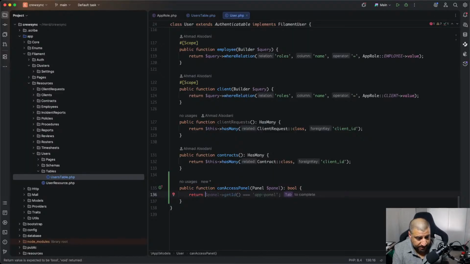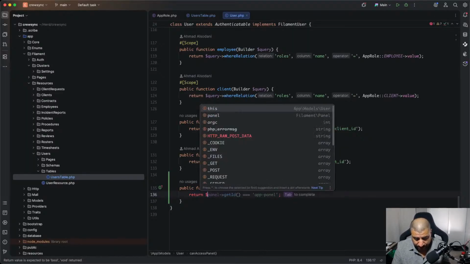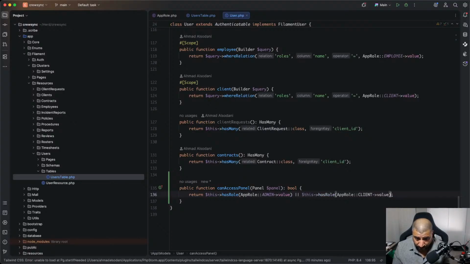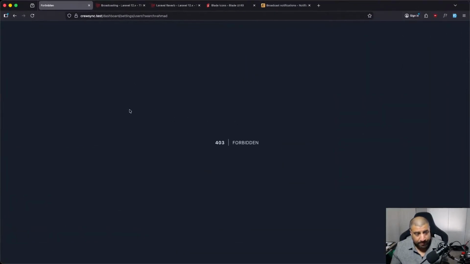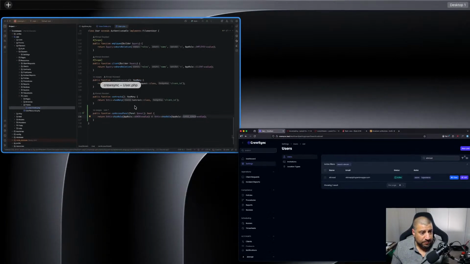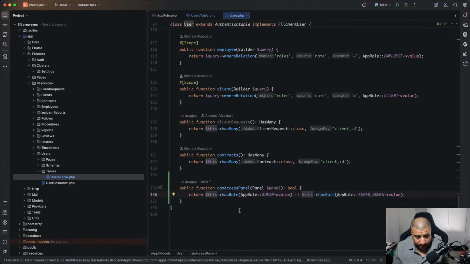And to access the dashboard, we return this has the role of admin or super admin. Okay, so either of those roles will allow you to access it,